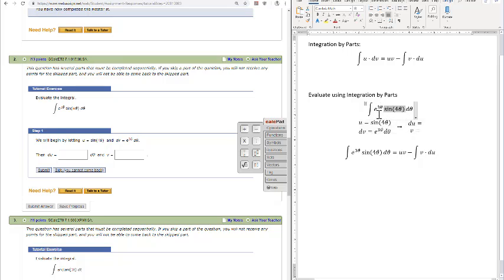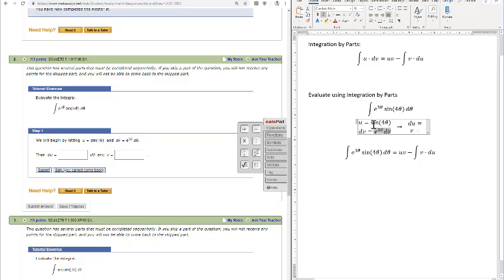The derivatives and integrals of exponentials are exponentials themselves, and then the derivatives and integrals of sines and cosines are going to be cosines and sines. And so for this, it doesn't really matter which one you designate for u and dv,